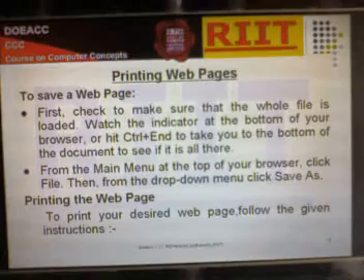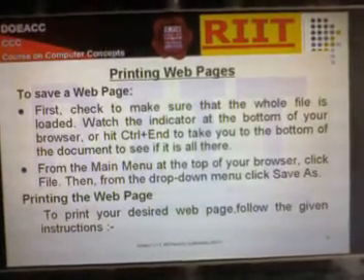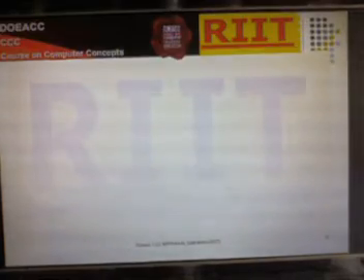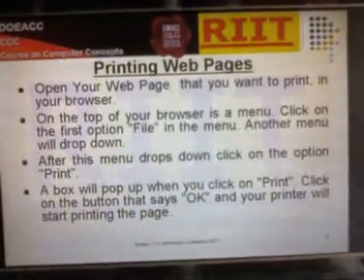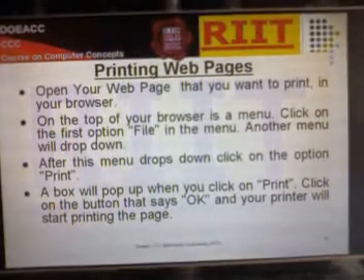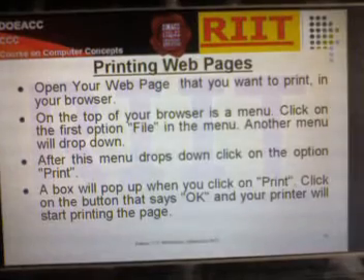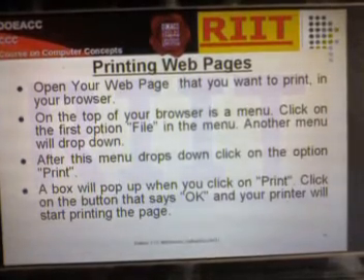Printing the web page. To print your desired web page, follow the given instructions. Open the web page that you want to print in your browser. On the top of your browser is a menu.